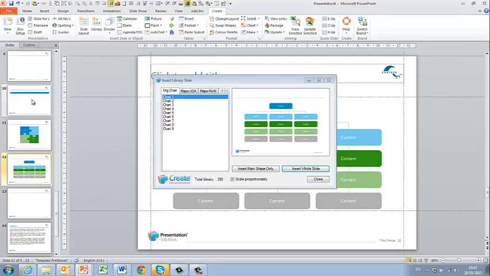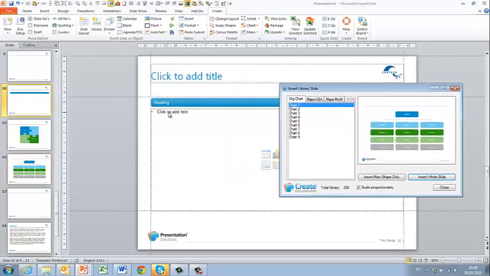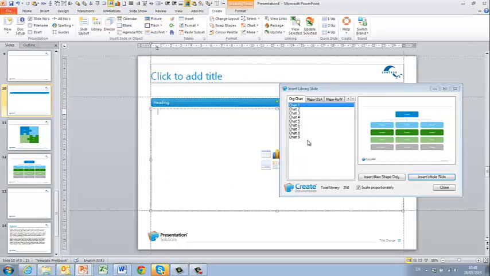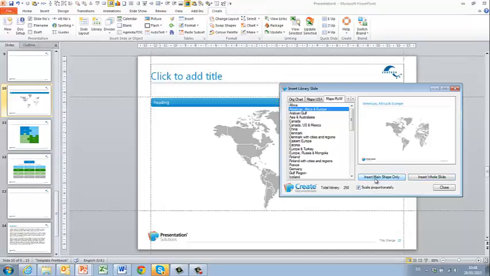With my dialog open, I can go back to a previously inserted slide layout. With my cursor in the placeholder, I can choose a map, for example. Select the map, and this time I'll choose Insert Main Shape Only. Because it's a map, I want it to be scaled proportionately. Insert Main Shape Only, and the map will be inserted in that placeholder on my slide. Click Close,